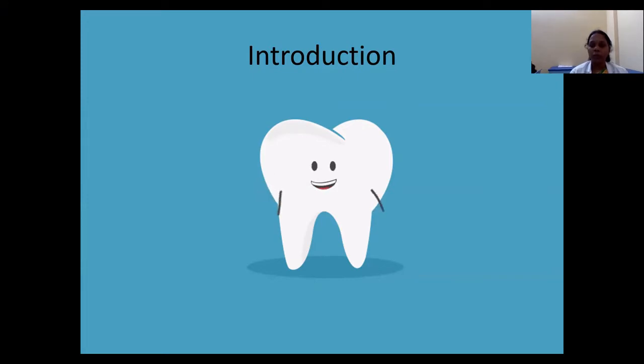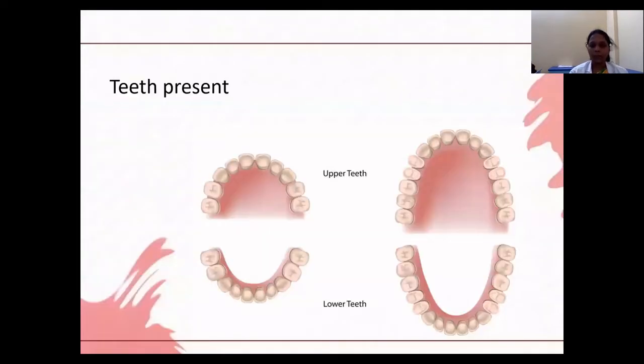When you are going to do any procedure, for example, if you are going to do any cavity preparation for primary teeth, the tooth preparation for the primary teeth is different to that of the permanent dentition. And also when you are doing access cavity preparation, the cavity access opening for the primary teeth is different to that of the permanent teeth. So to do the procedure correctly in the clinical office, first you have to know about the difference between primary and permanent dentitions. First, we will see how many teeth are present in primary dentition.